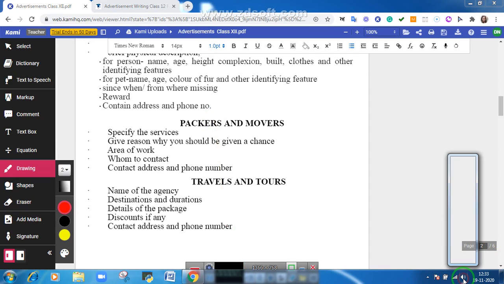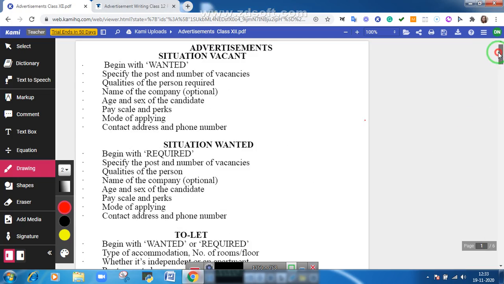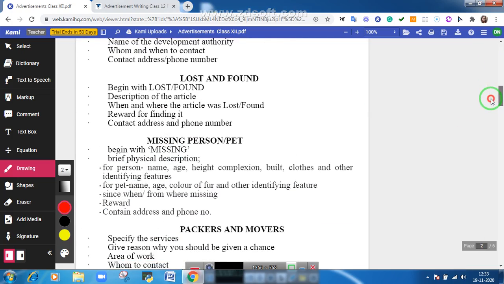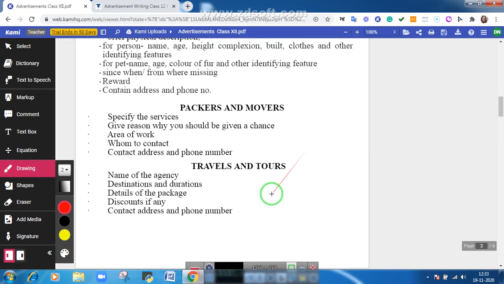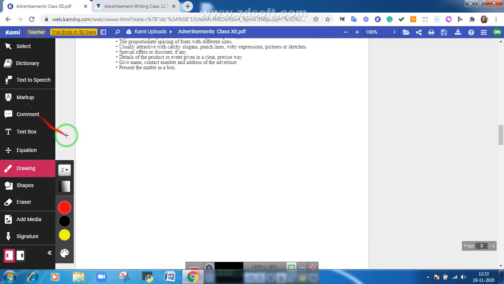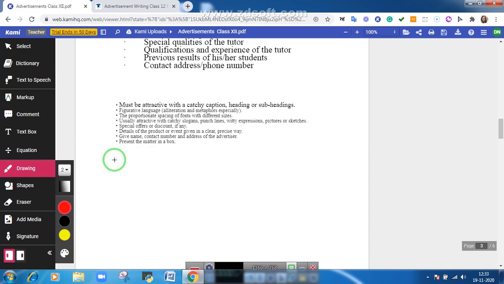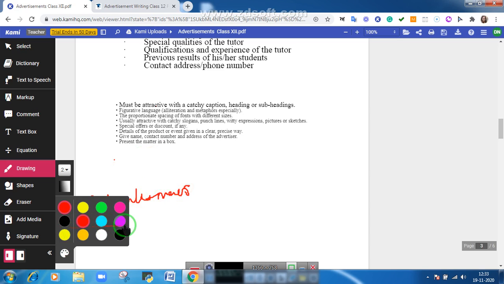Alright, children, now what we are going to do is advertisements. And in advertisements, there are many kinds which are there in your syllabus. So, what are advertisements first? What are advertisements? We'll start with here. What are advertisements? So, in advertisements, what we have to take is